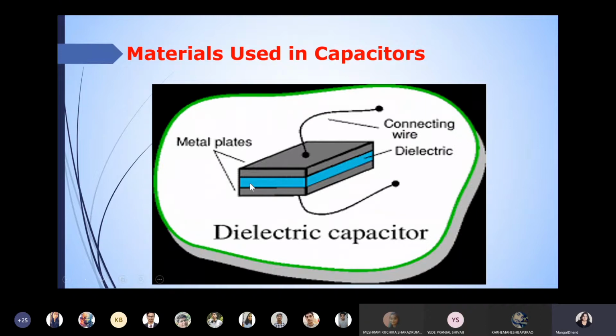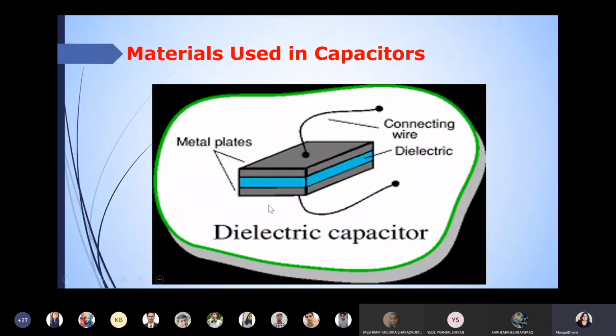So what makes that capacitor to store the energy? That is due to the polarization effect in the capacitor, and as a dielectric effect is there. Di means two. Electric means you can say poles. So positive poles, negative poles will be split towards the plates, positive plate and negative plate. And therefore electricity, you can say voltage, will be also stored or produced in the polarized due to the polarization effect. So if you see in the capacitor, these are the two plates and the two plates have to be made with the conducting material.